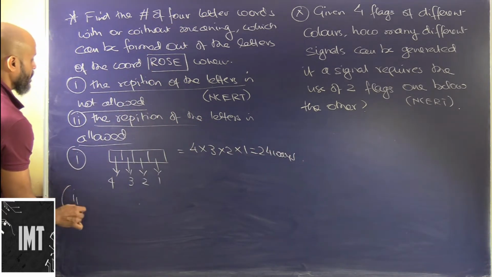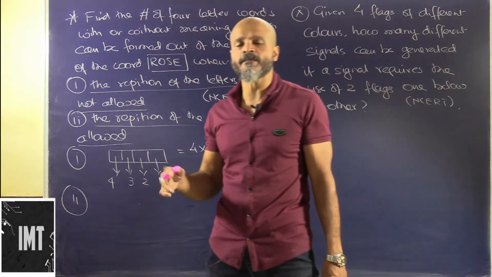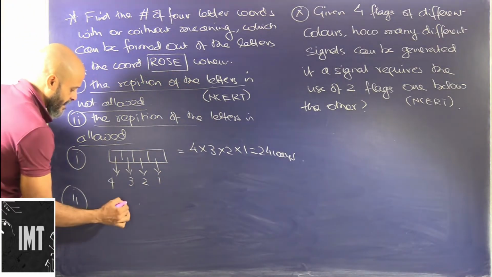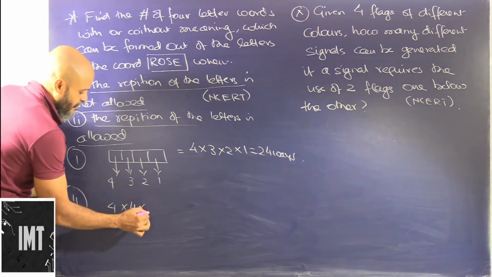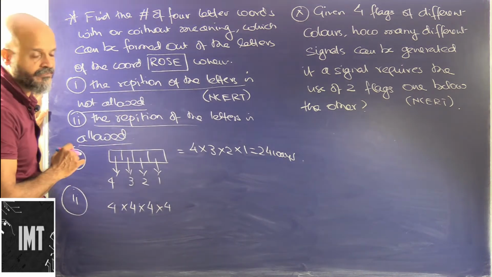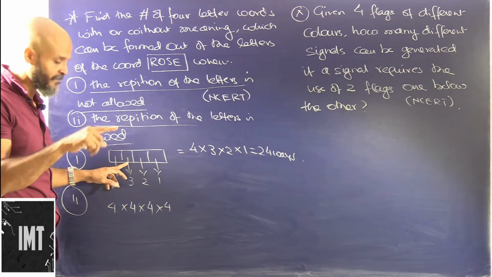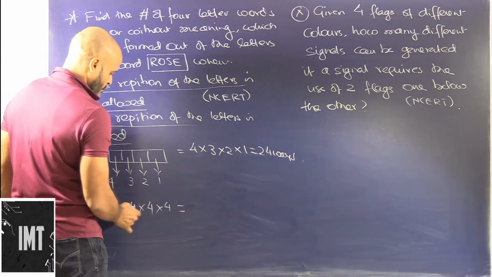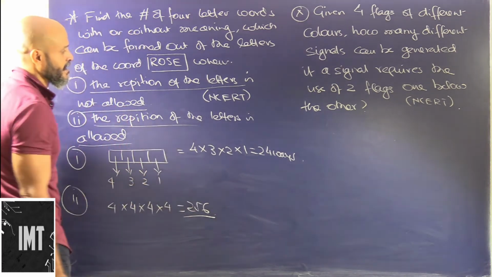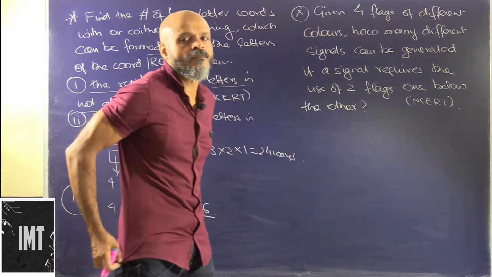24 ways. Okay. Now the repetition of the letters is allowed, which means what? We are allowing it. So the first box can be filled in 4 ways. The second box can be filled in 4 ways. The third box also can be filled in 4 ways, because there are no remaining letters that are left. 4 ways, repetition of letters is allowed. We are going to use the same letters once again. So this will be 4 4s are 16, 16 4s are 64, 64 4s are 256. This will be the answer. Okay, we just need to have a clarity on what is asked and how we will justify the condition.